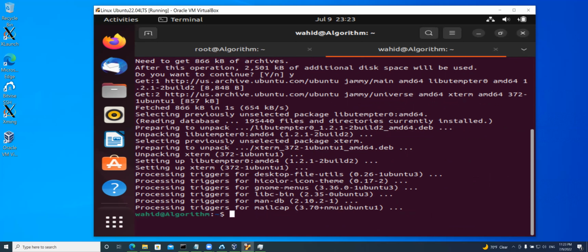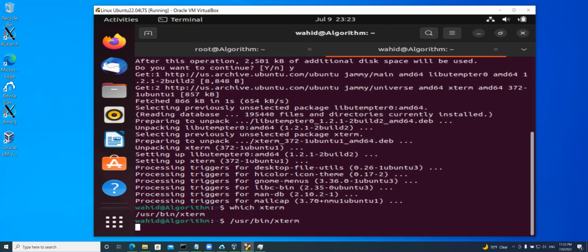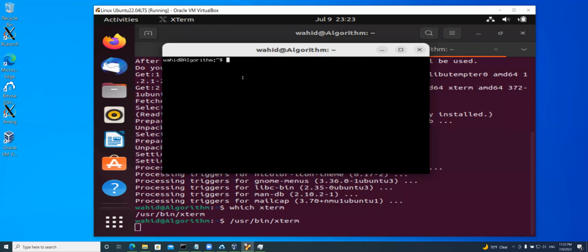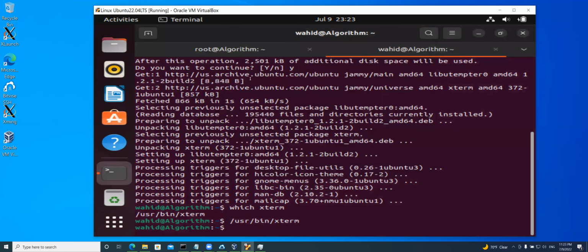So if I just say which xterm now, it is there. So /usr/bin/xterm by itself, I will just have an xterm window because my display is set. And now notice this one by default is coming there. So if I just say xterm -background, let's say, pound, I'm going to say